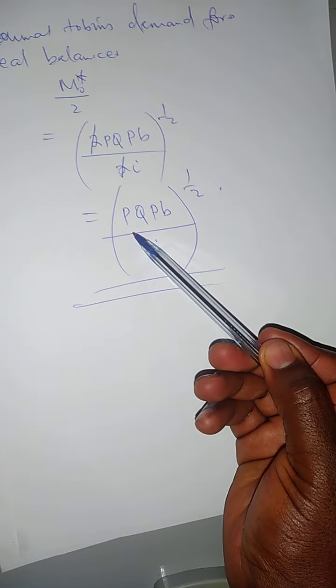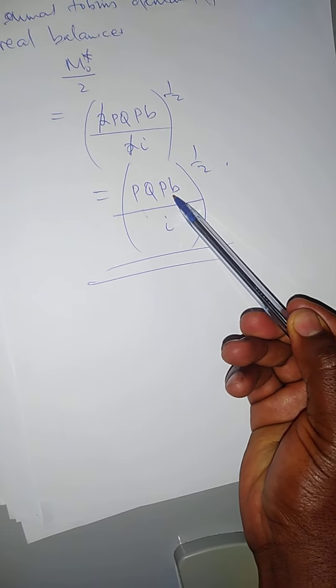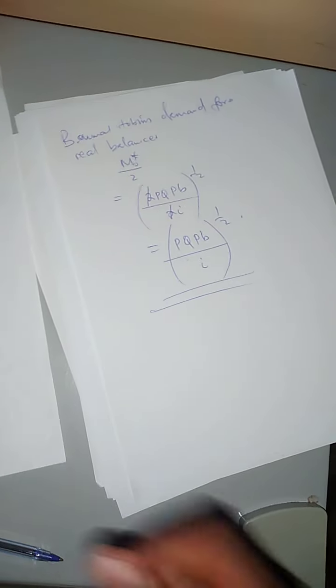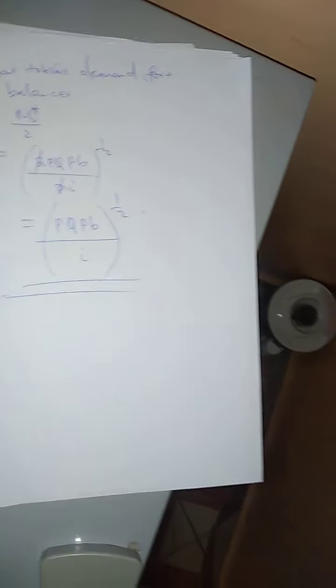This is nominal income, nominal fixed costs, and interest rate. That's why I told you yesterday that Baumol-Tobin demand for real balances is a function of 3 key variables. That's the nominal income, nominal fixed costs,